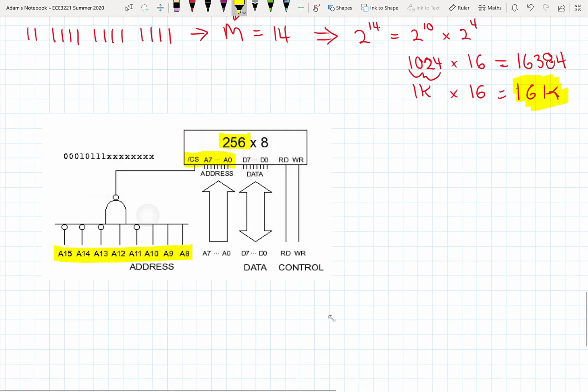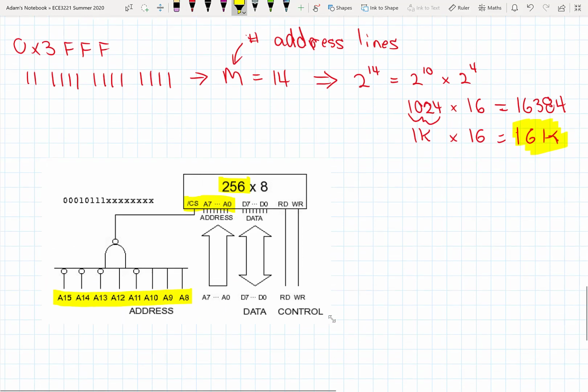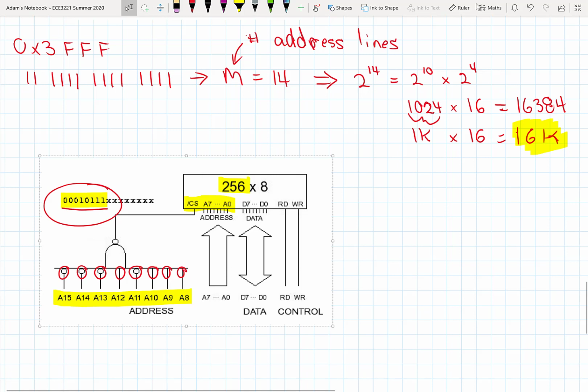So in this example, we'll see that this 256 by 8 memory is only going to be selected when we have these bits on the 8 most significant bits of the address bus. How do we see that? Well, this input is going to be active with a 0, this is active with a 0, this active with a 0, this with a high, this with a 0, high, high, high. Okay, so this memory device is going to be active for those specific bits on the most significant bits,